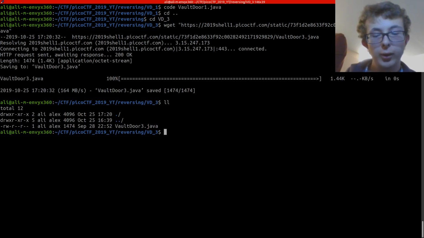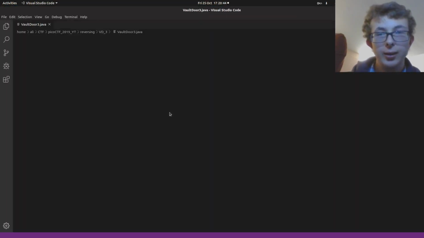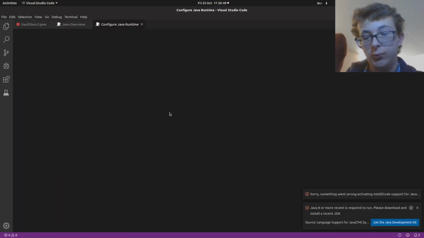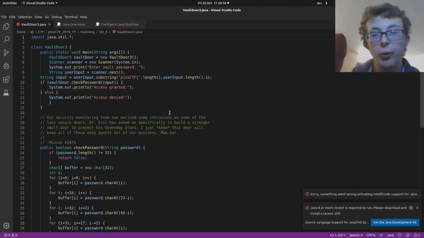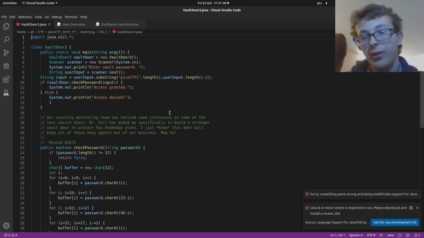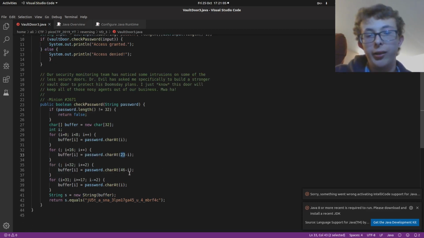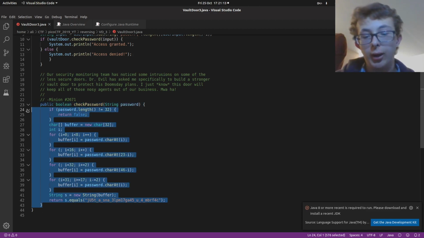And if we have a look at it using Visual Studio Code again, we can see, hopefully, that the check password function now has quite a few for loops, and they're all going in different directions. Some of them are plus, some of them are minus, well, not plus and minus, but they have different index stuff. So that's going to be a bit confusing. So what we're actually going to do is copy all of this code, and we're going to create a new